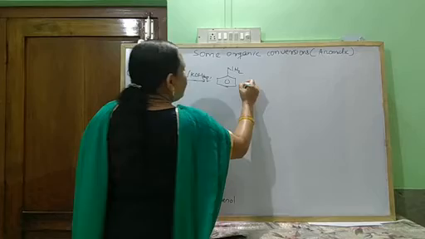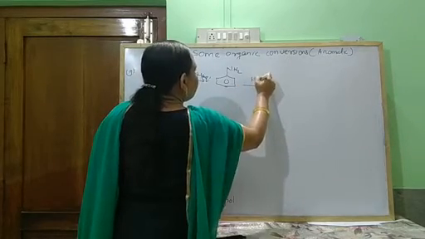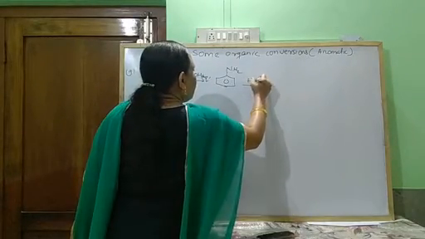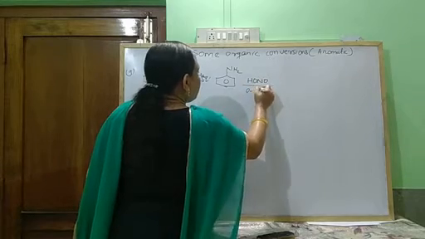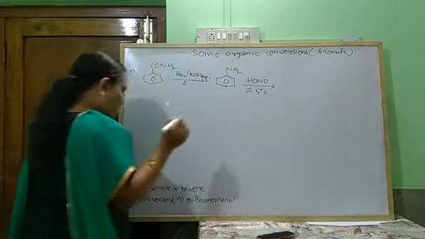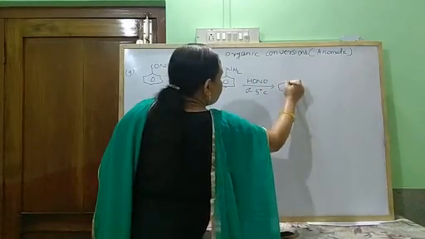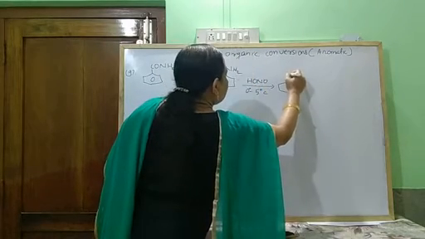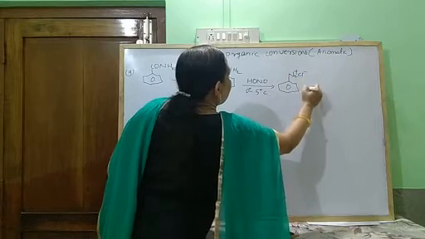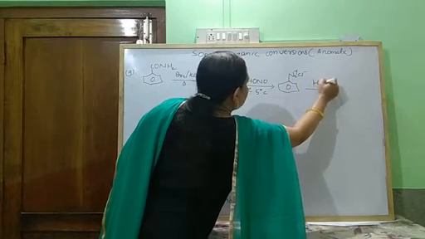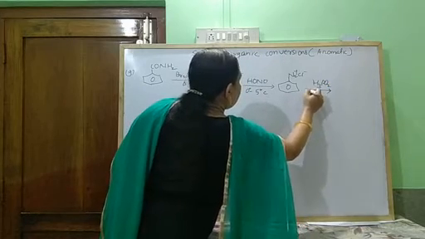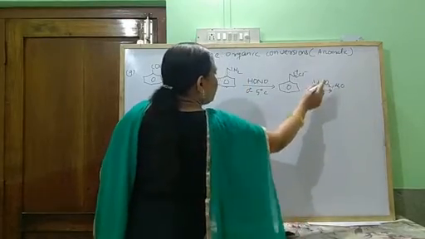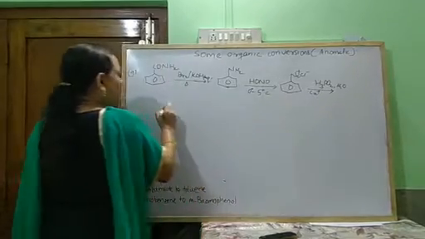And this aniline, when treated with nitrous acid at 0 to 5 degrees Celsius, forms diazonium chloride, and the diazonium chloride, when treated with aqueous hypophosphorus acid in presence of cuprous salt and water, forms